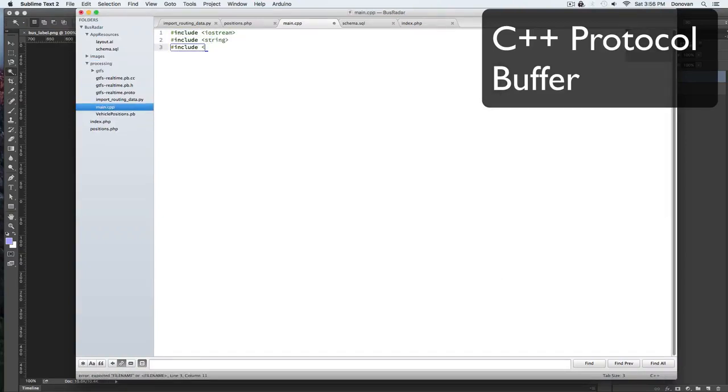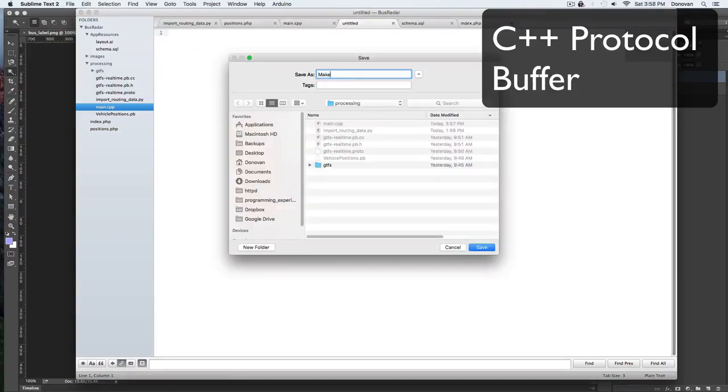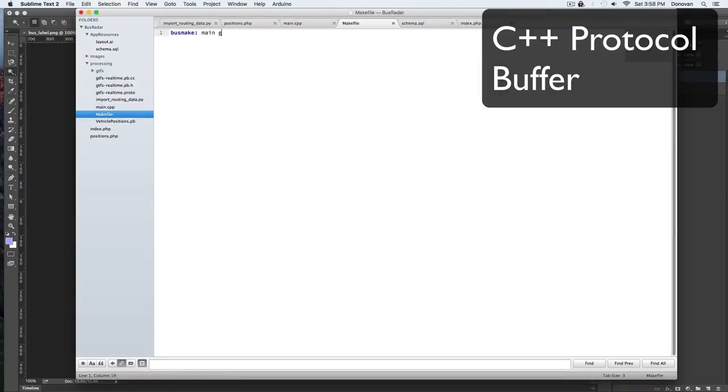I'm probably going to use protocol buffers to replace the JSON output from the positions PHP. And that means that the iOS program and the Android program are going to need their own protocol buffer import. So I thought I'd play with protocol buffers in C++,